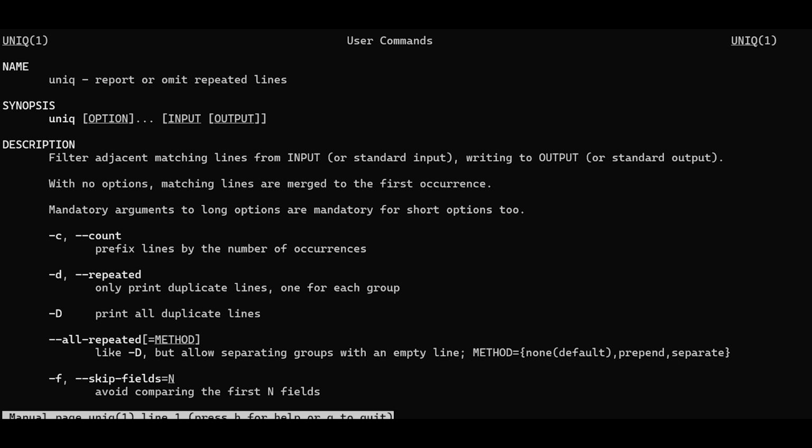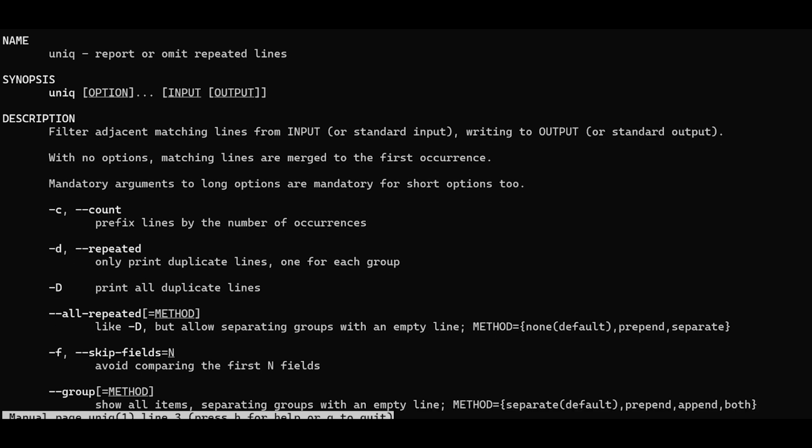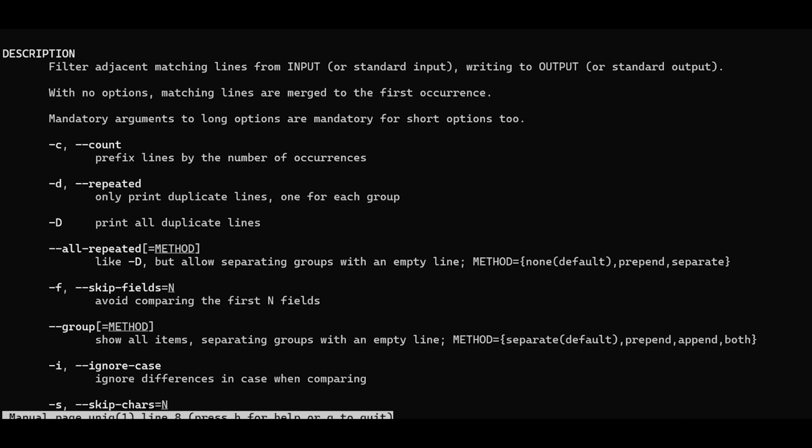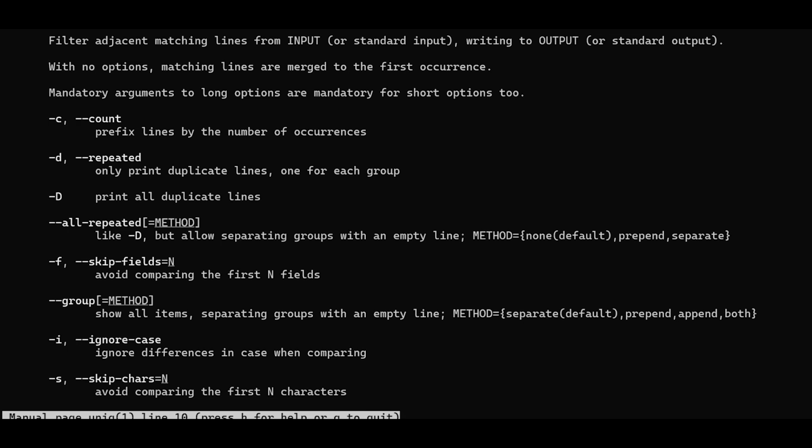And it says here, matching lines are merged to the first occurrence. Well, we want just that one line that only is unique. So there's got to be something in here that tells us that we can print the lines that are not duplicates.